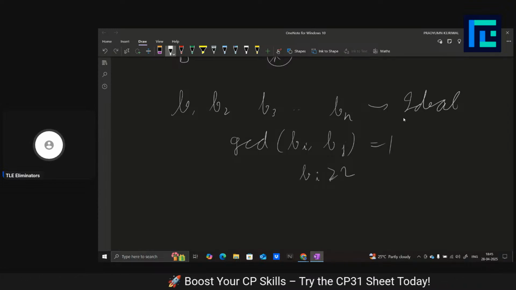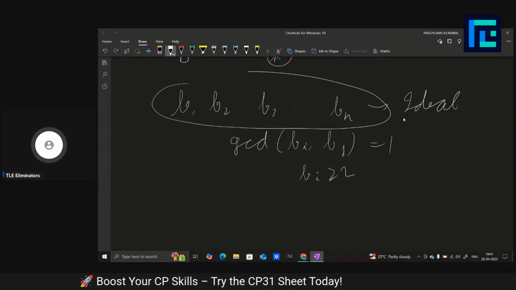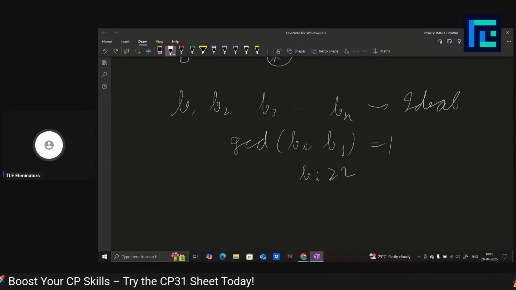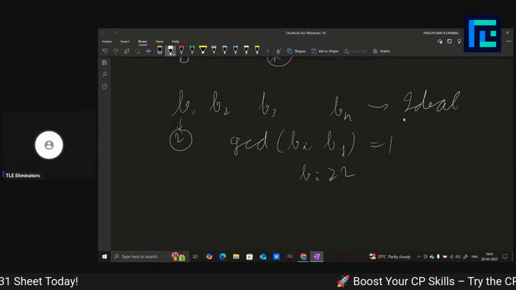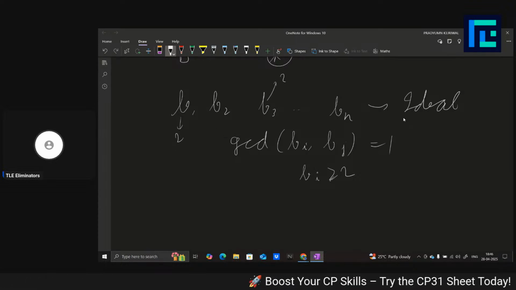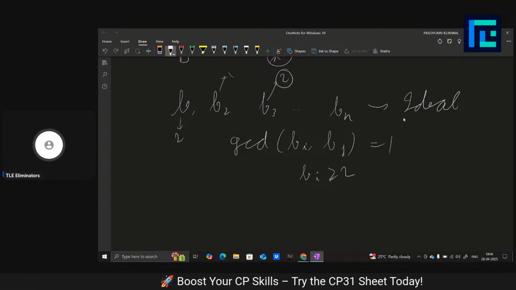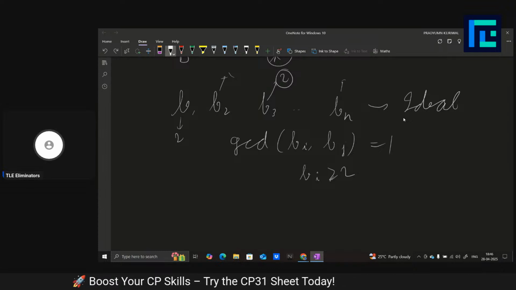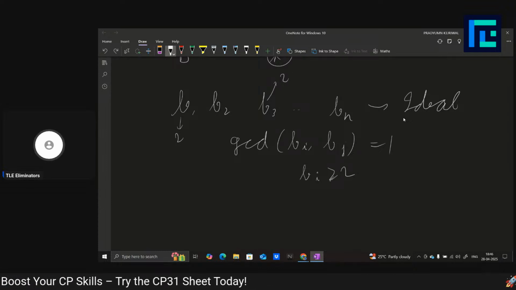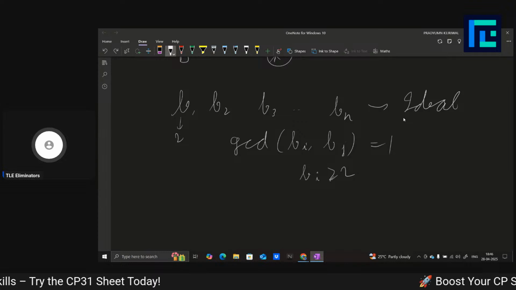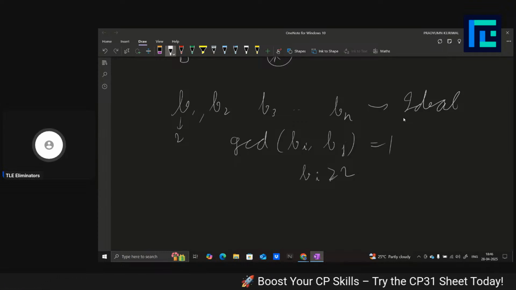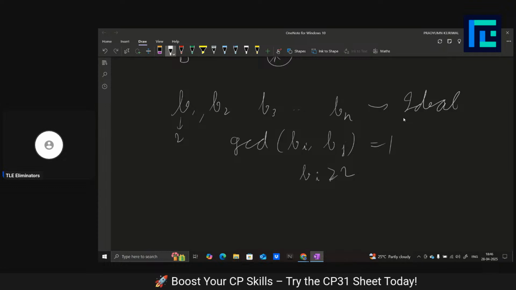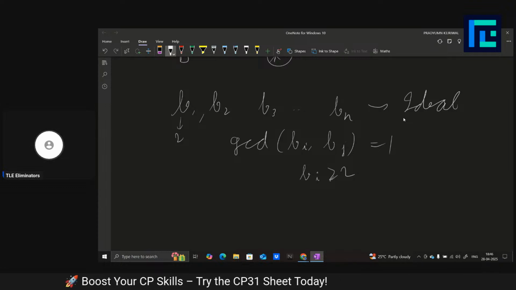So that means that all the numbers should not share any prime factor. Like let's say 2 is there as a prime factor in b1, then 2 cannot be there in b3 or in b2 or in bn. In any number, you cannot have 2 as a prime factor if you have it in b1. So if you want to make the minimum sum